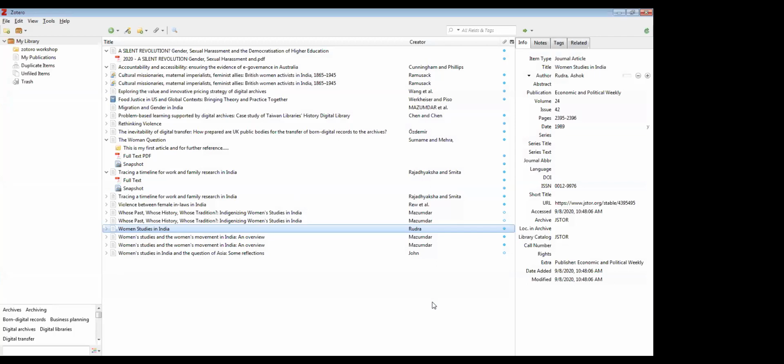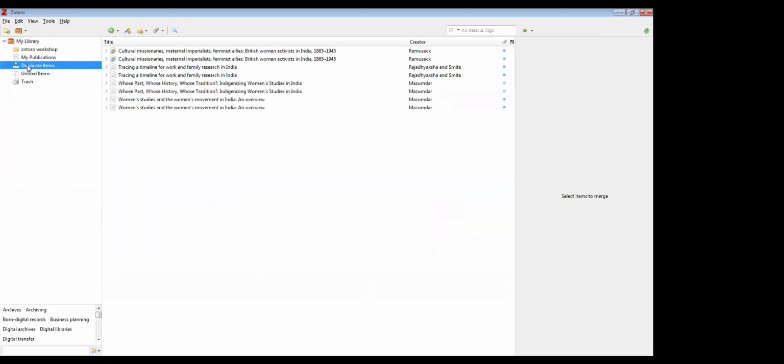So I think it is clear so far how to build up a collection and how to manage the collection in Zotero. One option in the left pane is called Duplicate Items. The moment I click on Duplicate Items, it will show you how many items are duplicates, and I want to remove the duplication from my collection.